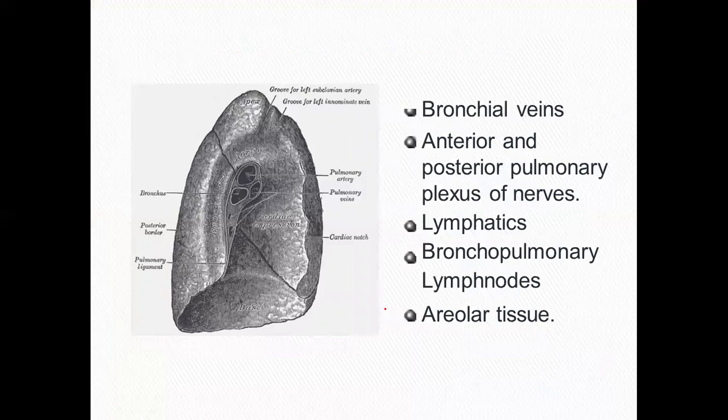Okay. So in this picture you can see, this is our left side. So you can see one artery and then one bronchus. Then here veins, two veins will be there. Okay. So remember, see, this is superior and inferior pulmonary veins. Pulmonary veins will be two. One pulmonary artery, one bronchus.